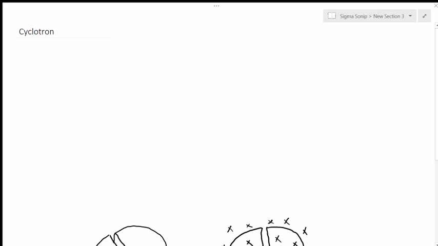In this video, we are going to look at the operation of a cyclotron. A cyclotron is a particle accelerator. So basically, as the name suggests, it is used to accelerate particles. Particle accelerators are needed when you want to conduct nuclear research, and they're also needed if you want to smash atoms and create radioisotopes, which are used in